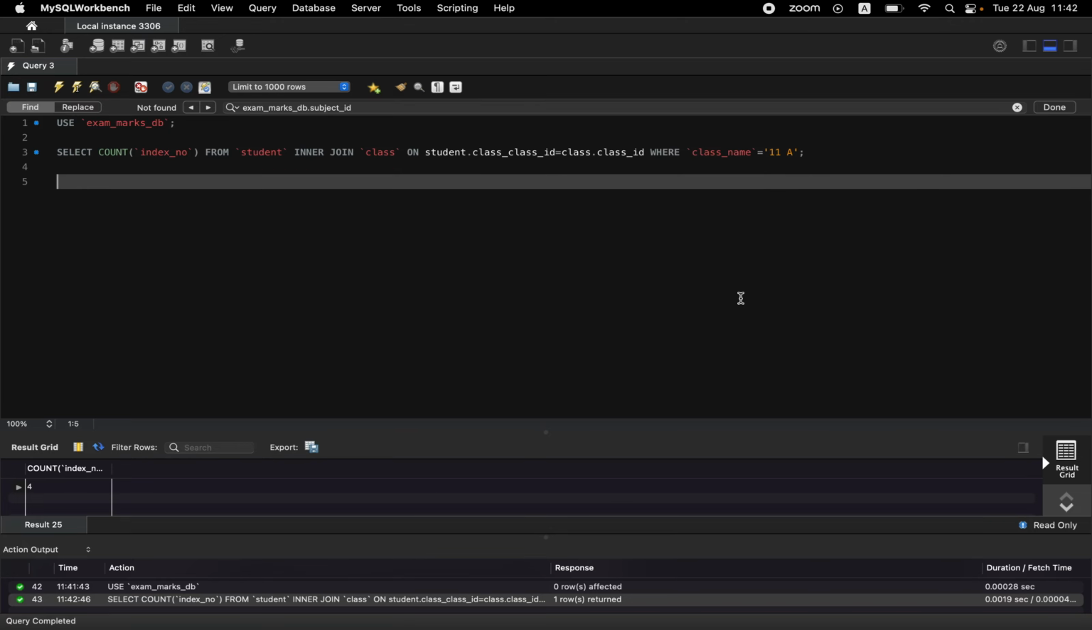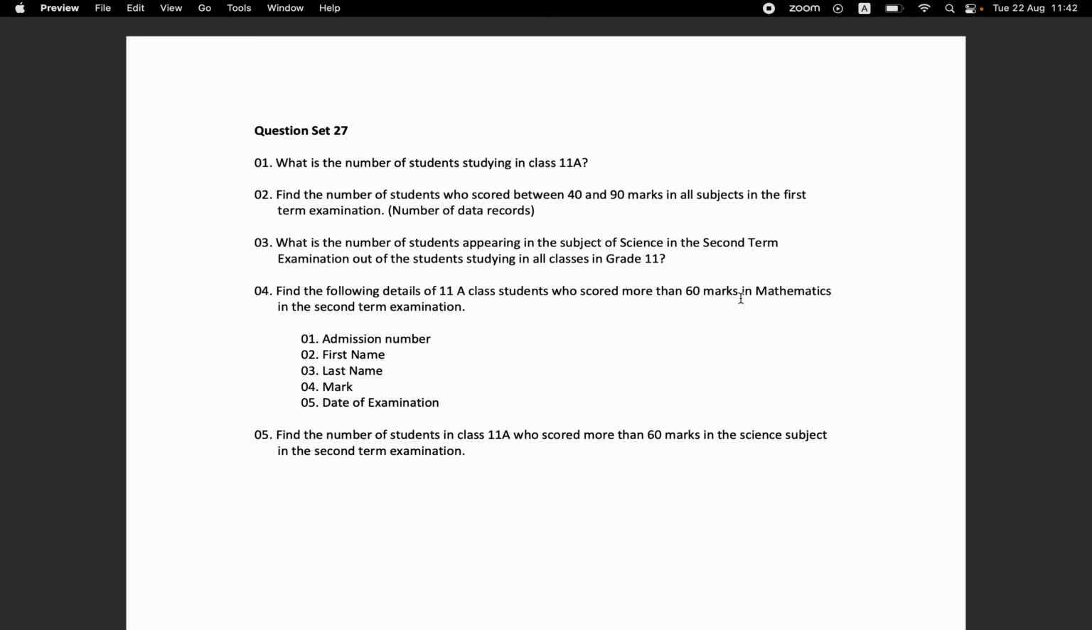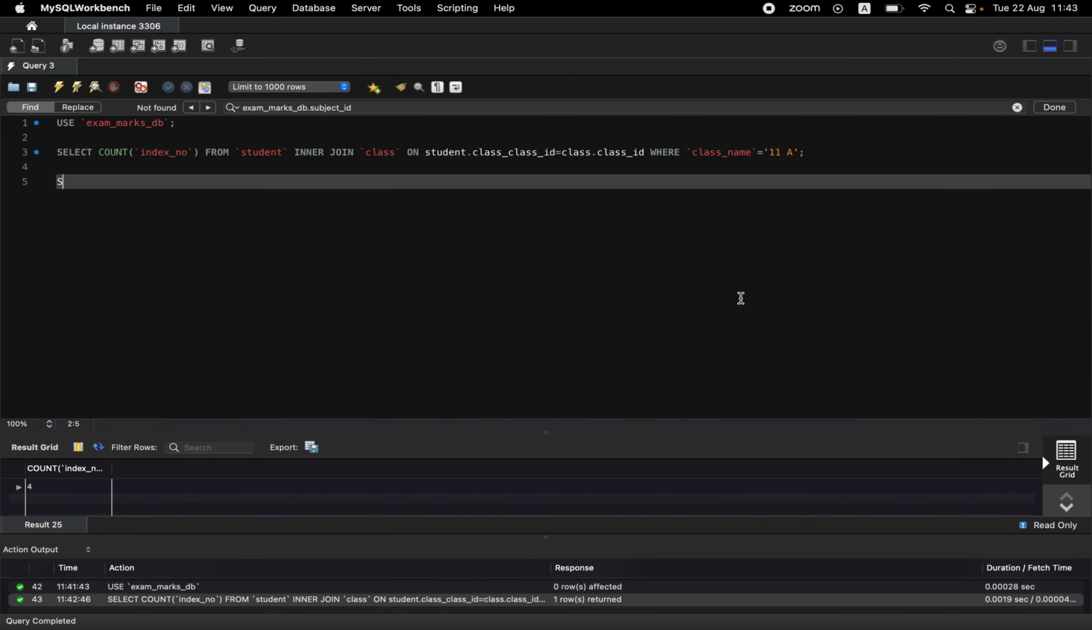There are 4 students. The next question is the second one. Find the number of students who scored between 40 and 90 marks in all subjects in the first term examination. So for this, select count from index student, index number from student exam mark